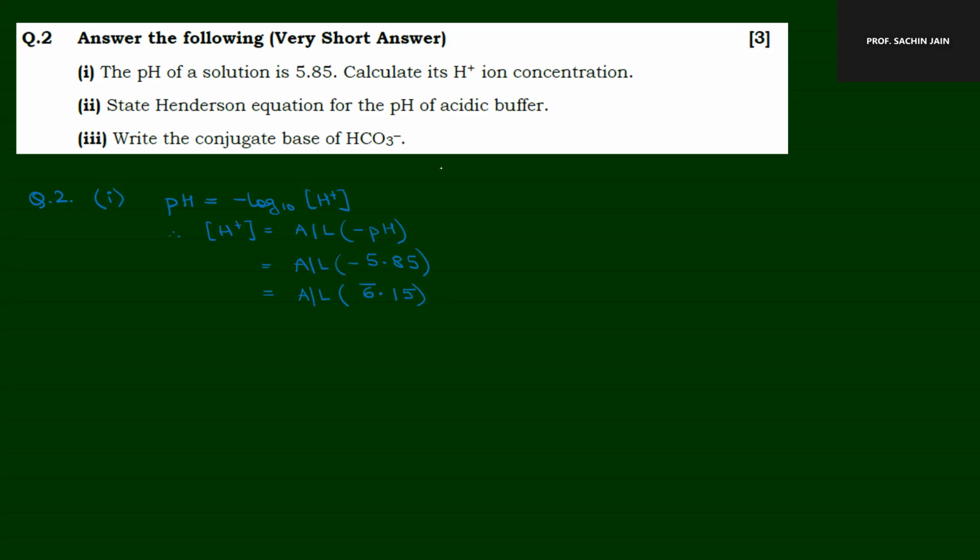Now what you are supposed to do with the bar 6? 10 raised to minus 6. So antilog में decimal के पहले whatever is the number that is raised to the power of 10, तो काम हो गया. Now from the antilog table you have to find antilog of